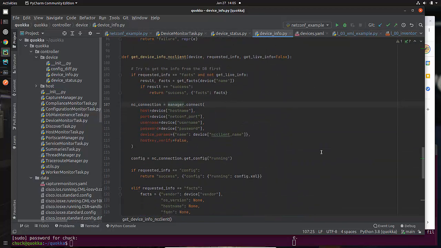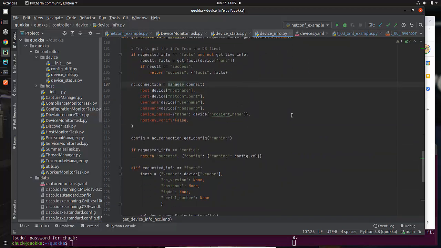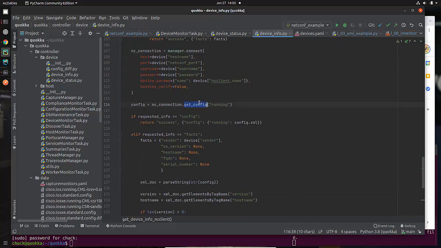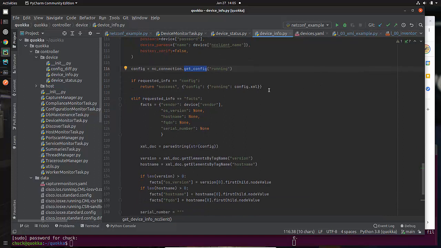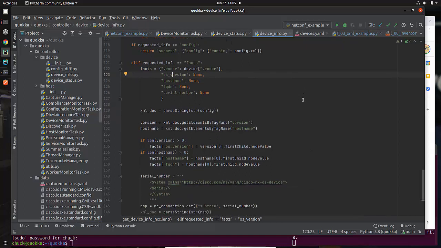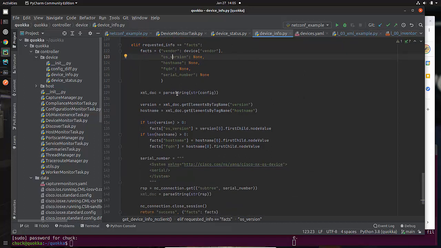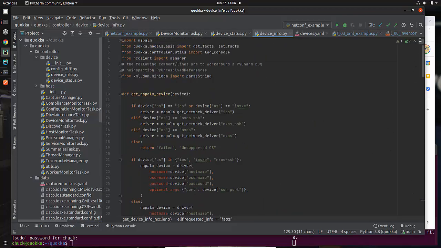Here is my NC client. I'm going to connect to the device. I'm going to get the configuration from the device, and then based on that configuration, if I was only going to get the config, then I'm done with that. If I've requested to get facts, then I'm going to set the vendor, the OS version, host name, FQDN, and serial number I don't have yet, so I'm going to attempt to get those. So I am using some of this XML library, this